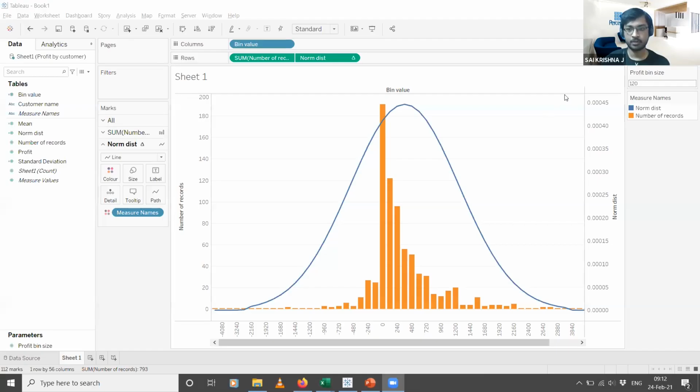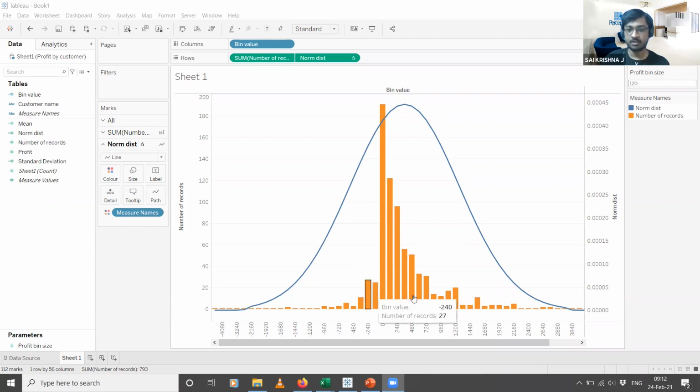Yeah, hope you're able to see my screen. This is how you can do it. So this is basically one normal distribution curve that I have fitted on that emailed data set. Okay, now the bars that you see here are the actual distribution. So for example, I've given the bin size as 120, bin as in the class interval. So between 0 to 120, let's say you have 191 records. Okay, and similarly 120 to 240, you have 122 records. So like that, the bars represent the actual distribution in the data.